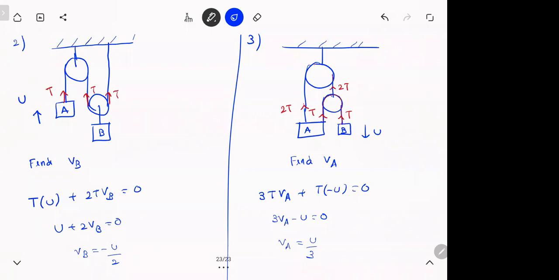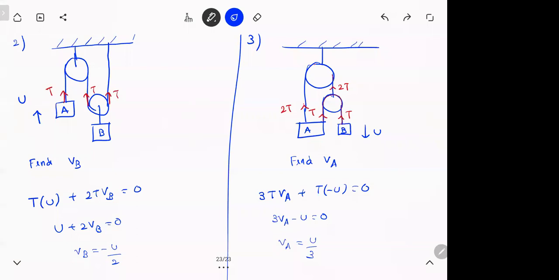Sir, can you explain the third one again? In the third, see, if this tension is T, this is also T, same string. T and T, so this is 2T. If this is 2T, this will also be 2T because same string. So totally, how much tension is on A? 3T. 2T plus T. So total tension into velocity. Now the best thing about this method is that it works even when angles are there.